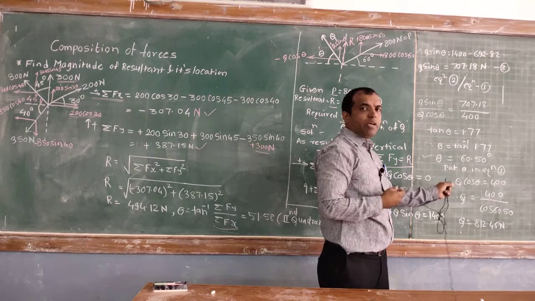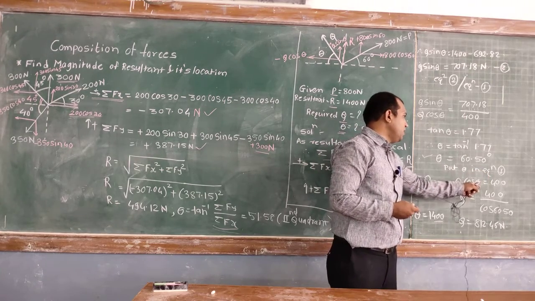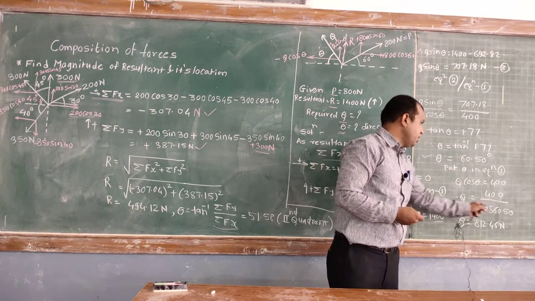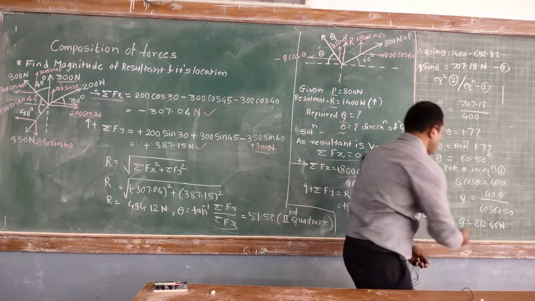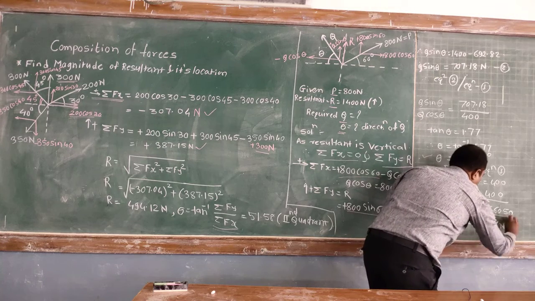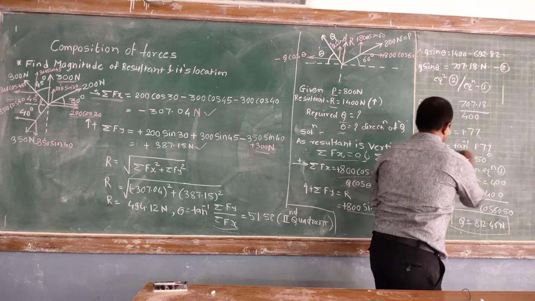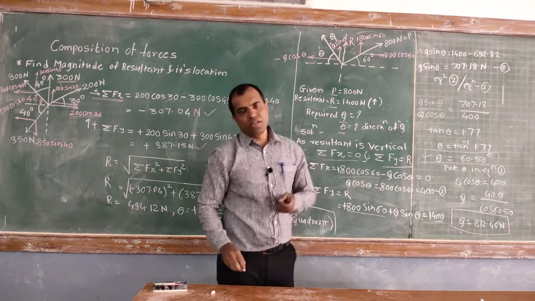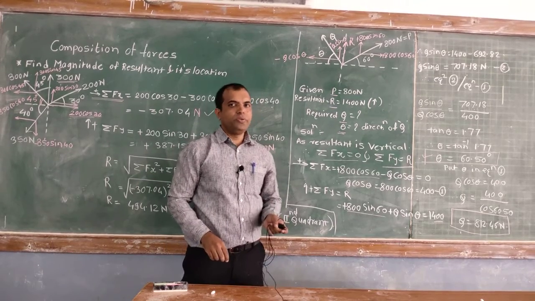What is the first equation? Q cos theta is equal to 400. Substitute the value of theta, 60.50 degrees. Take it to the right hand side, and you will get the value of Q, that is 812.46 Newton. So this is the magnitude of force Q, and this is the direction of force Q. So we have got both the answers, the magnitude as well as the direction of force Q.